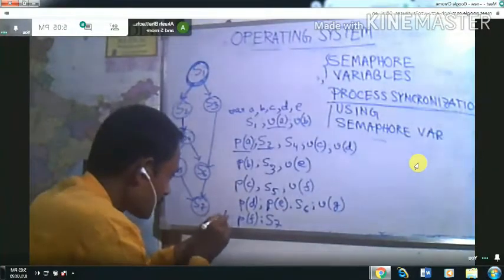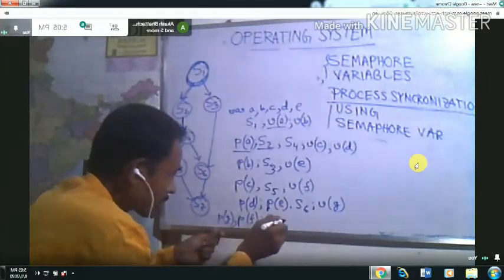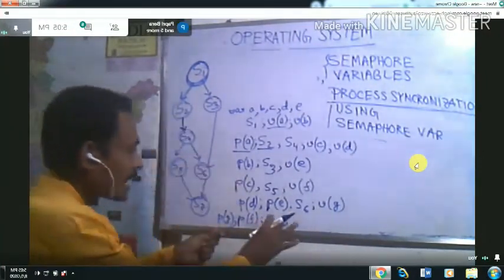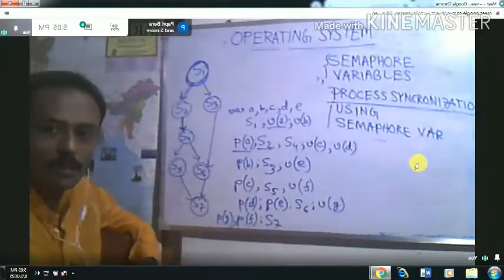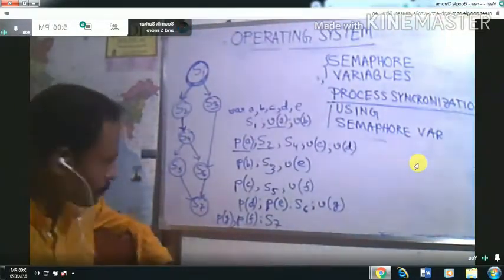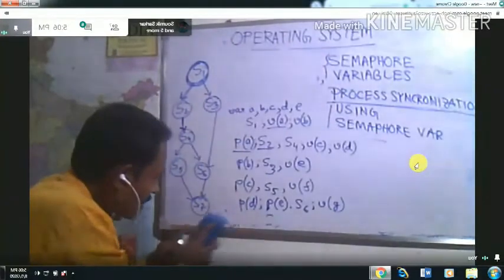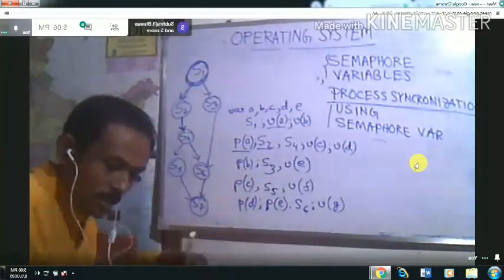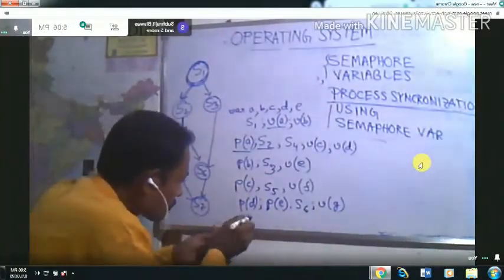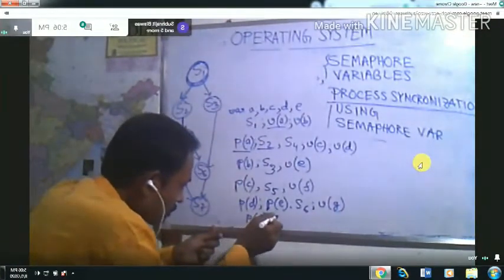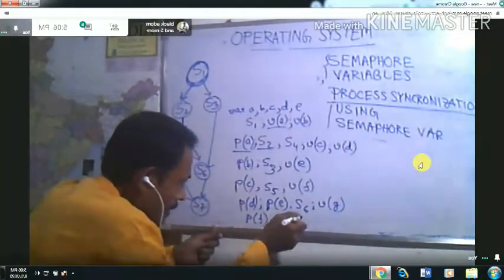Got it? Then this is the end of this operation. So if we write this in this particular line, it will be PF and PG, and S7. Clear?